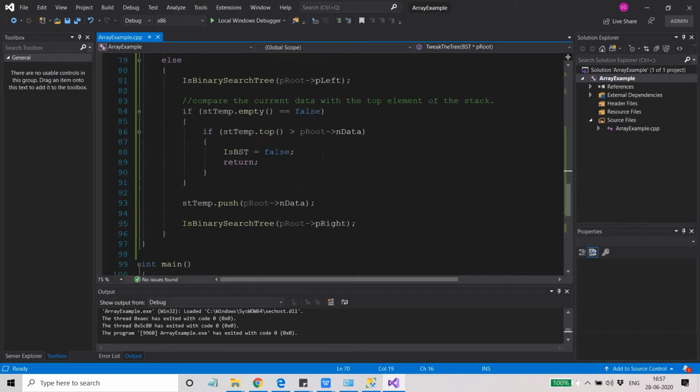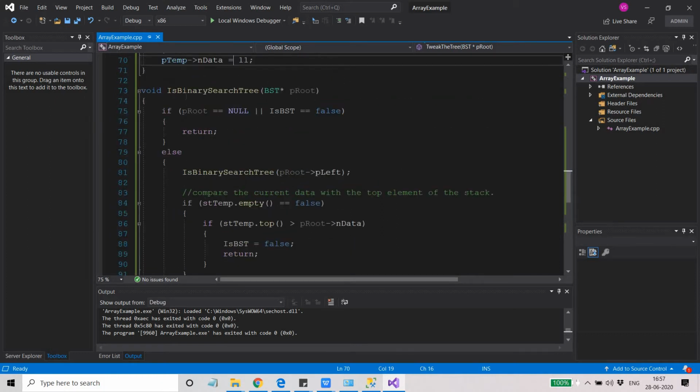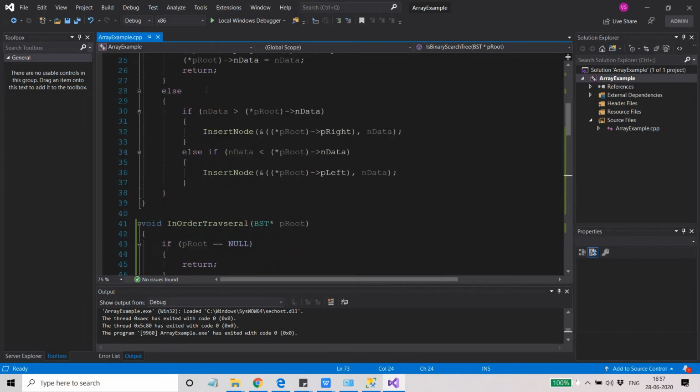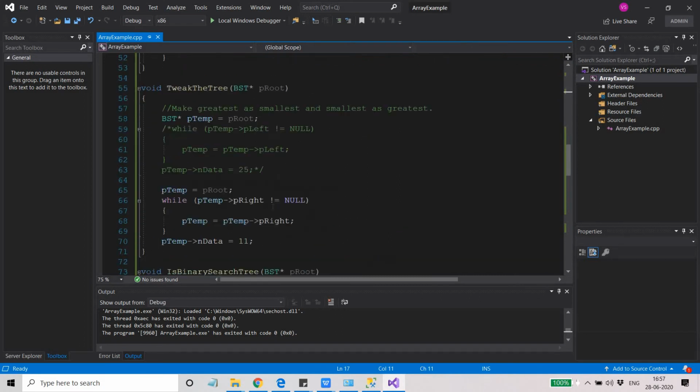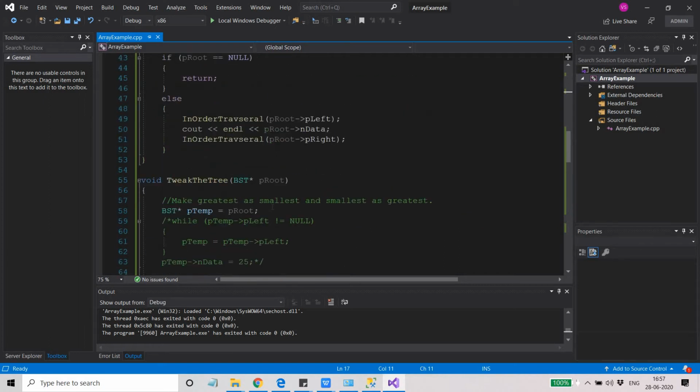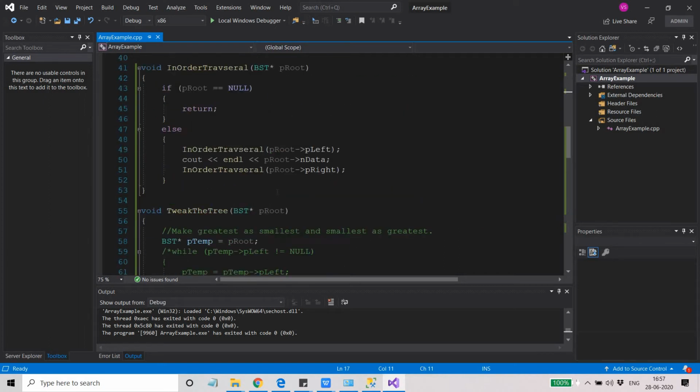For that, I have written one function, is binary search tree. This function will set a boolean variable, isBST, to false if at some point we find that my traversal is not going in the in-order traversal, or in fact not giving me the sorted order of elements.